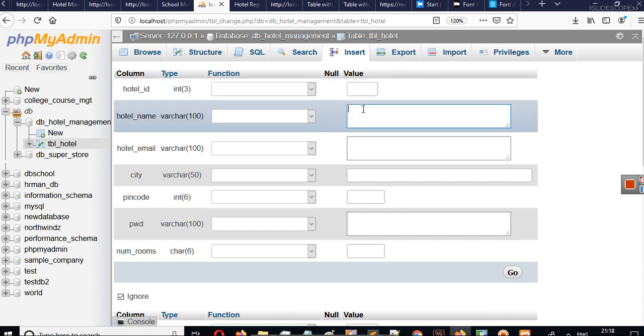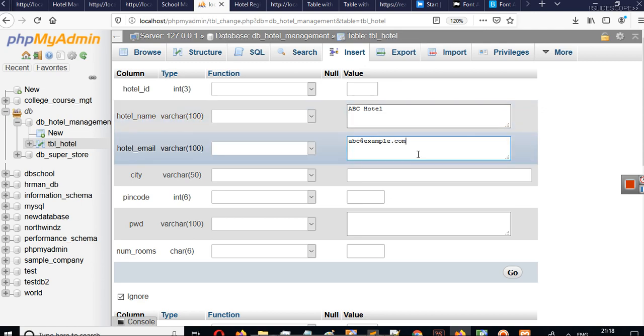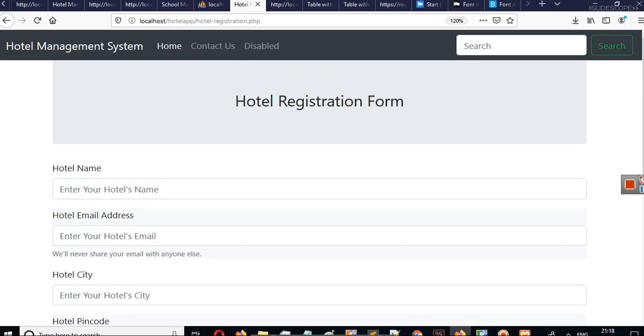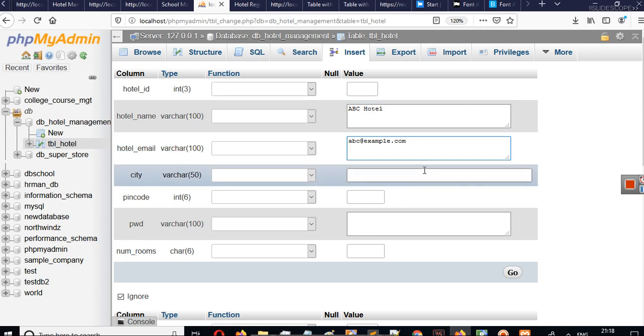Let's say the first hotel's name is ABC Hotel. Hotel email is abc at example.com. You can see they have given a form here, right? We created something like this here for users, and PHPMyAdmin has given us a form here when we created this table.